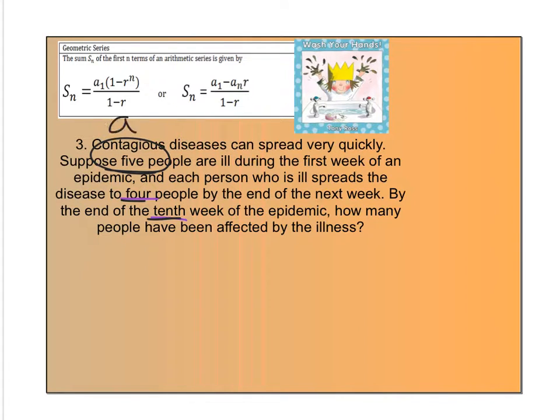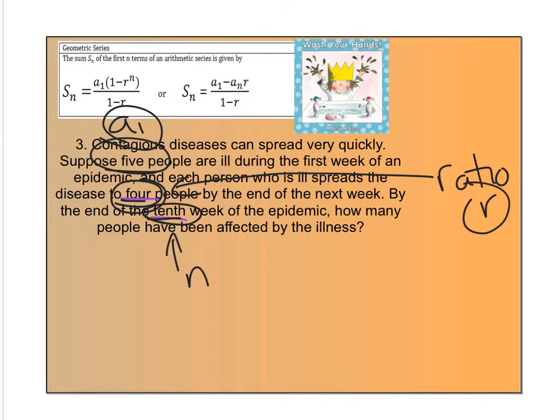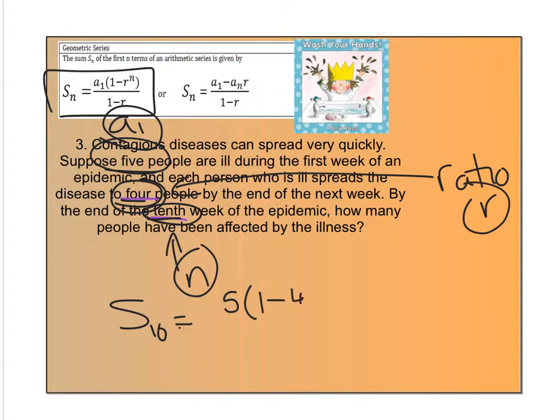So 5 people, that's like A sub 1. 4 people by each person, that would be my ratio, R. 10 weeks, that's going to be my N. So again, I know A sub 1, I know my ratio, I know N. I want this one. So my sum after 10 weeks is going to be 5 times 1 minus 4 raised to the 10th all over 1 minus 4. So 4 raised to the 10th,